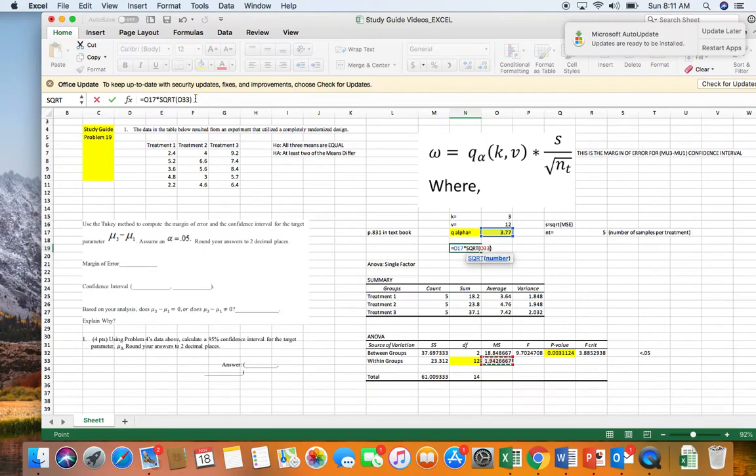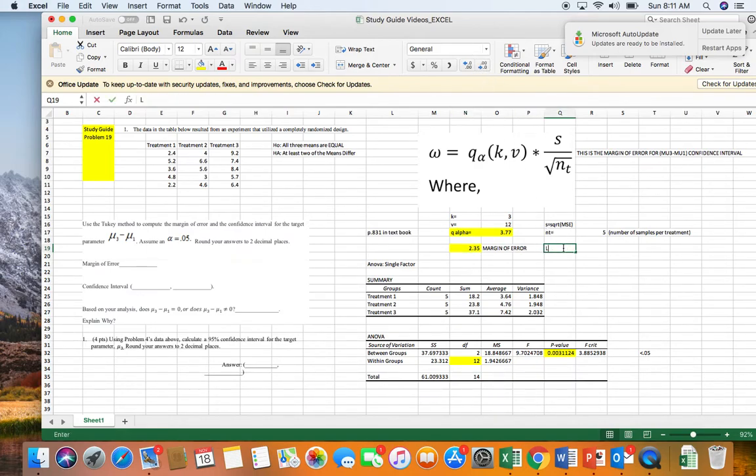And we're going to divide by the square root of n sub t, which is 5. Okay, so this becomes our margin of error. Okay, so once we have our margin of error, and we'll take some digits away,